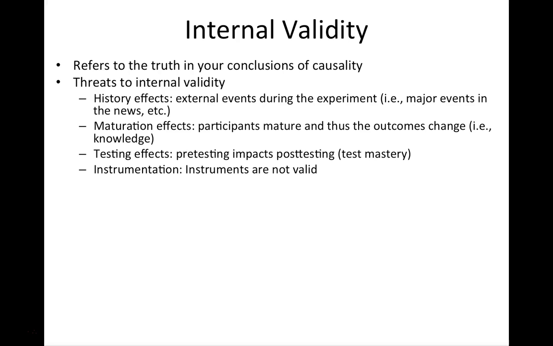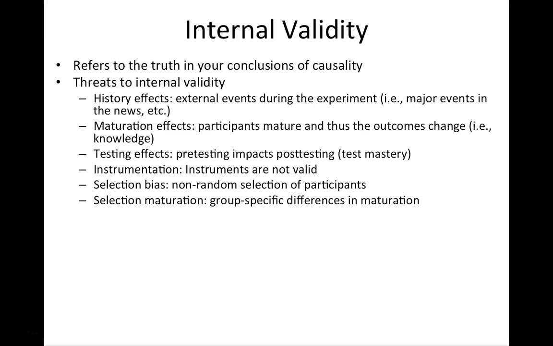Instrumentation validity, we talked about during instrumentation. This is when your instruments are not valid in some way. And so this also impacts our internal validity, our ability to make some claim about a relationship between two variables. Selection bias is when we have some non-random selection of participants that may impact the claims that we can make